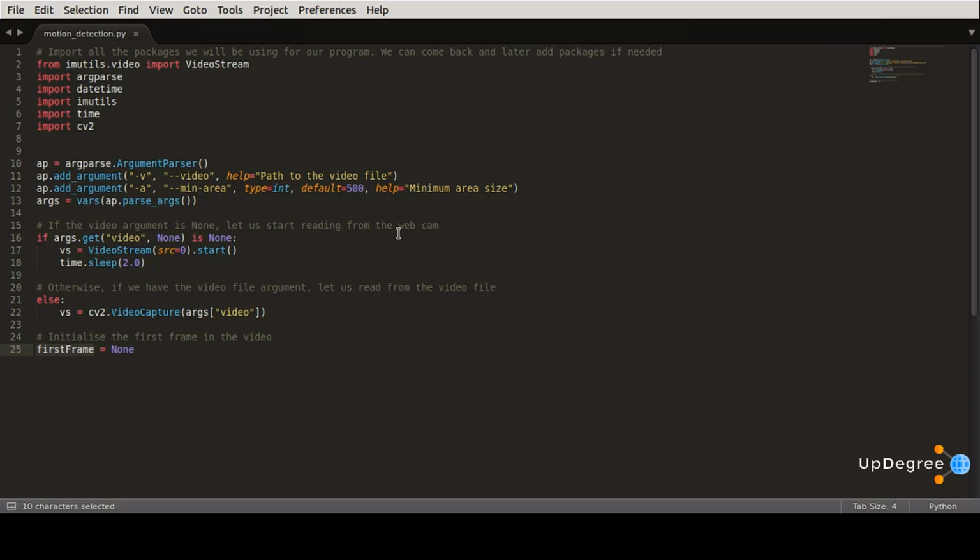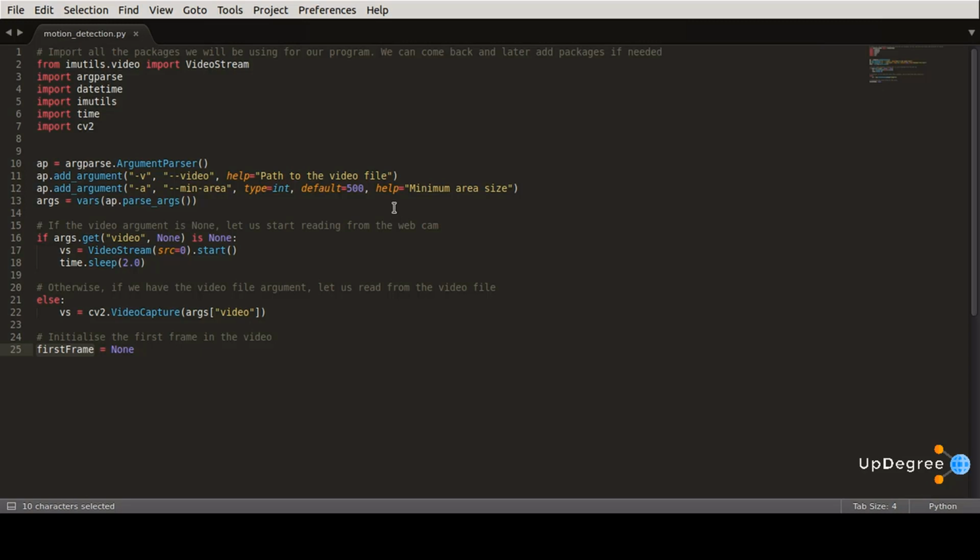We'll also define --min-area, which is the minimum size in pixels for a region of an image to be considered actual motion. As we'll discuss later, we'll often find small regions of an image that have changed substantially, likely due to noise or changes in lighting conditions. In reality, these small regions are not actual motion at all. So we'll define a minimum size of a region to filter out these false positives.